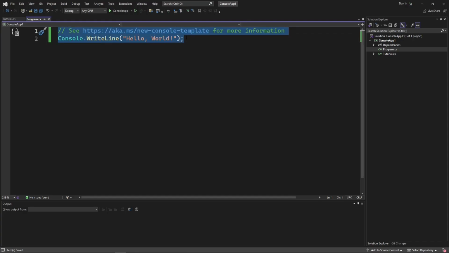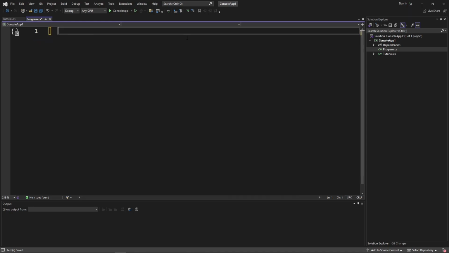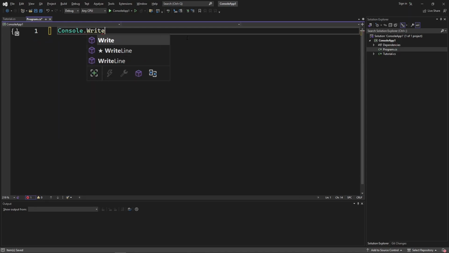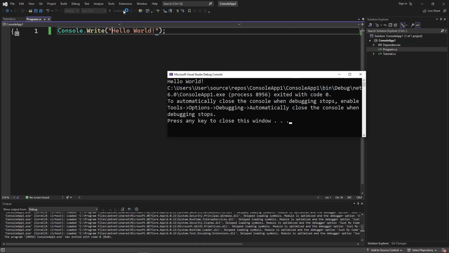First off, let's delete all of this, so we can start with a blank page. And type in console.write, then don't forget the semicolon. Add double quotes inside the parenthesis, and we can type whatever we want. It's been a tradition to type hello world for programmers, so we will also do the same. Type hello world. Then Ctrl S to save it and click run. Now we can see that our text displayed.